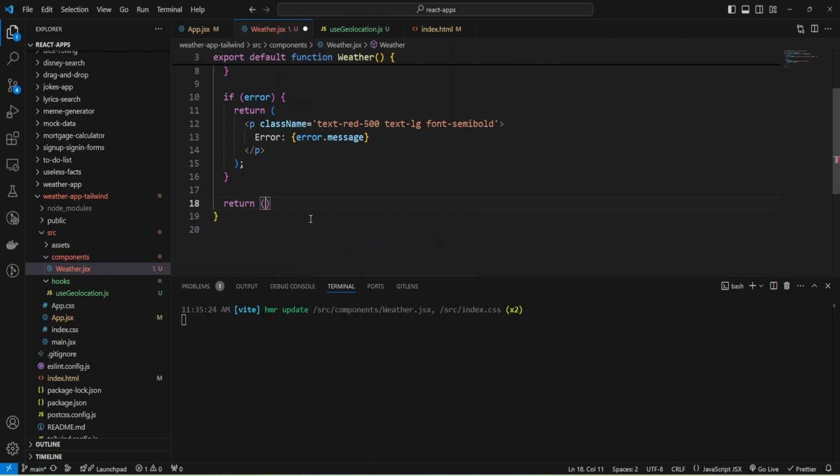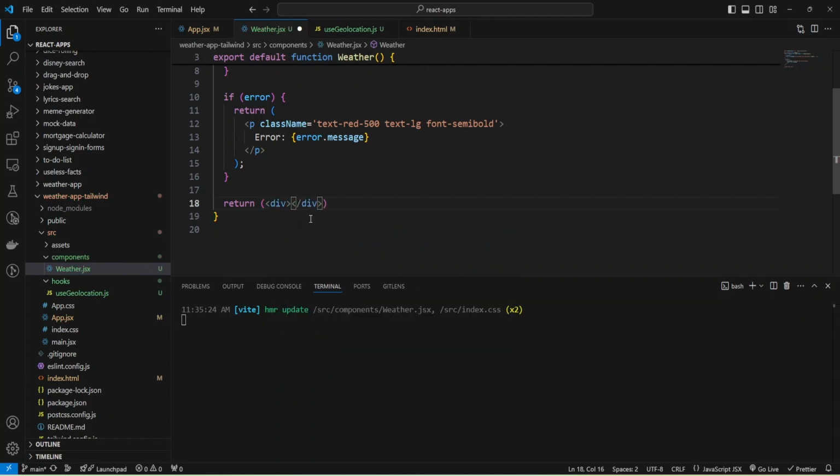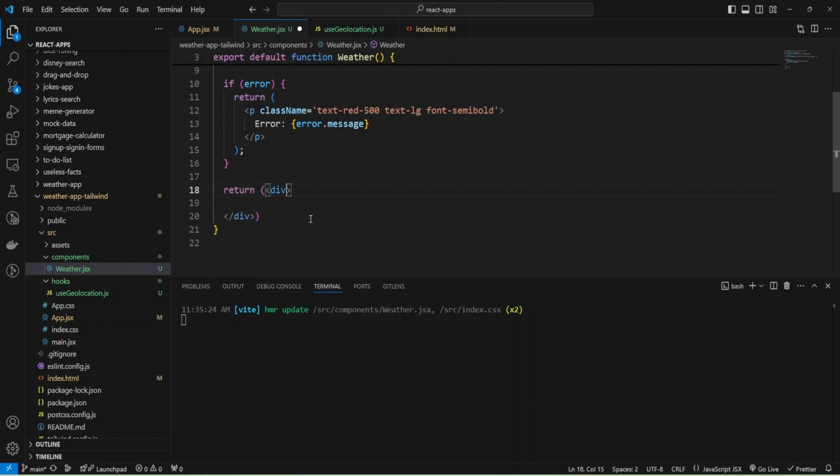And I'm going to return and create some div, and it will be the container, and let's create some class name and add a gradient background, gradient to bottom, and it will be from blue to indigo 600.